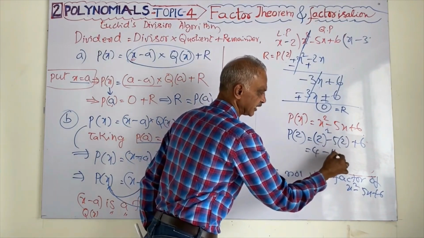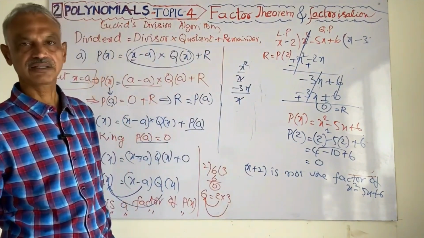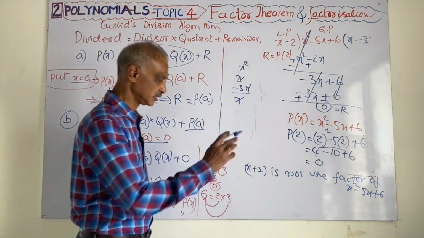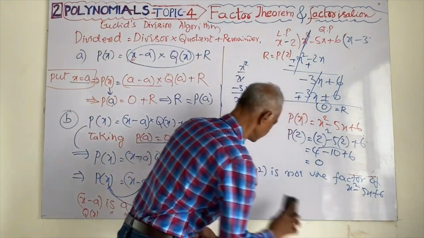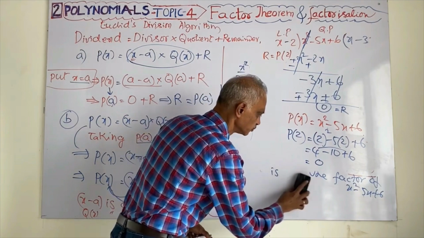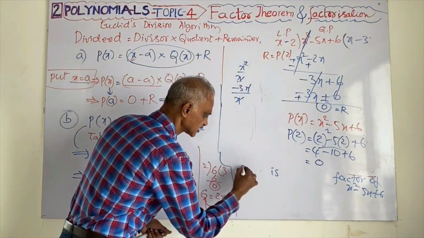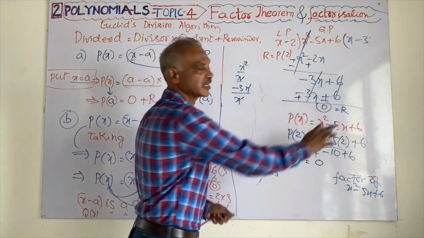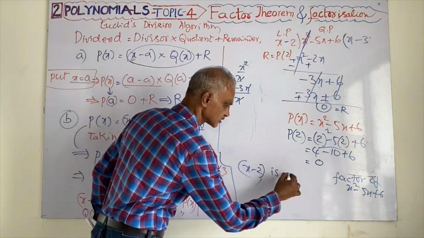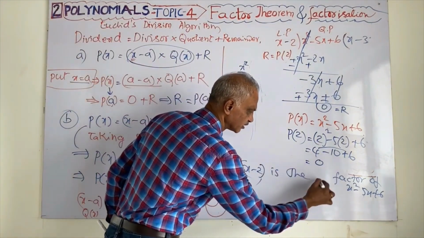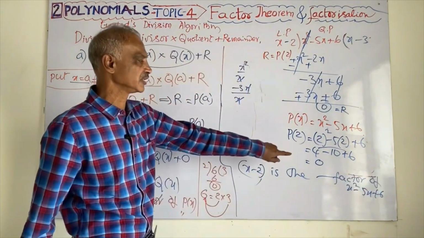5 2s are 10 plus 6. Here you see 4 plus 6, 10. 10 minus 10, 0. x plus 2 is not a factor, so here what I have to do? x minus 2, here we can write x minus 2, we got remainder as 0. Then you can say x minus 2 is the factor of x square minus 5x plus 6, because we got